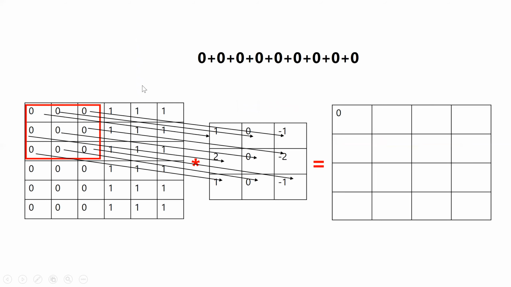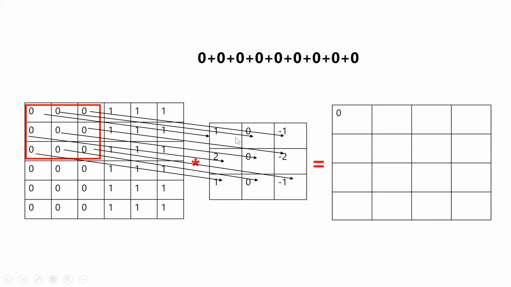Okay, so what happened? What is the size of the vertical filter? The vertical filter size is 3 cross 3, right? 3 rows and 3 columns. So we can take this multiplication. This is our input data of 6 cross 6. First we will take a 3 cross 3 from this entire 6 cross 6. So first I am taking these three values and I will multiply with all the values over here. Just consider we have this value, this 0. So we multiply this 0 with this 1.